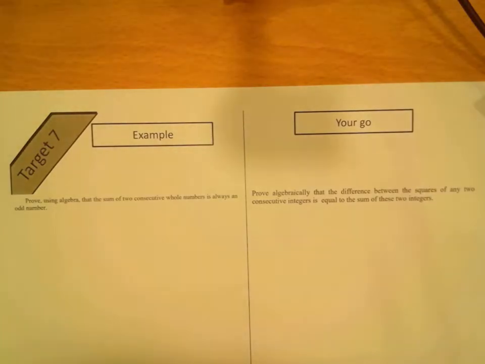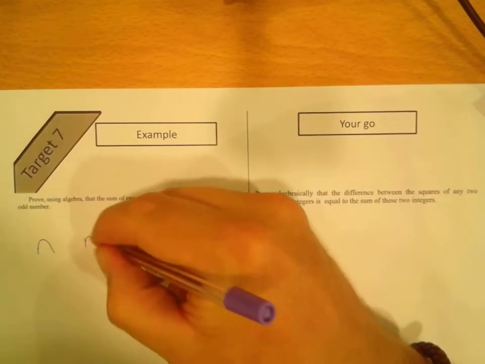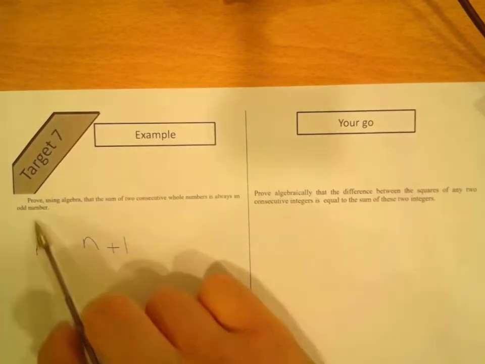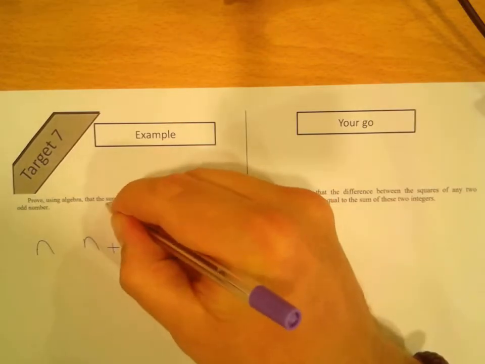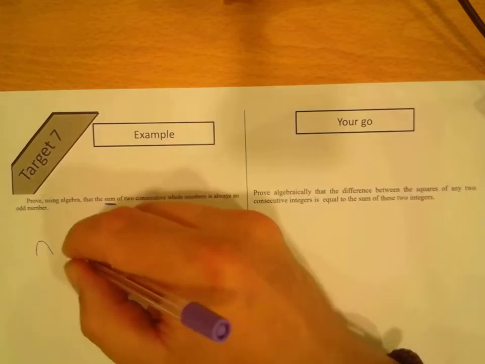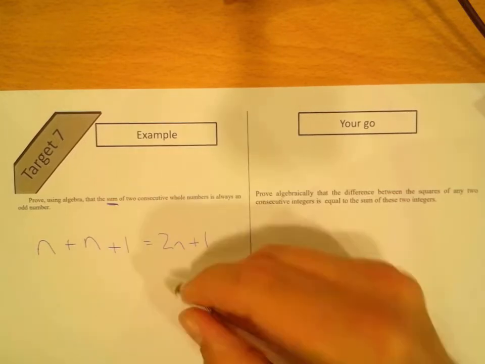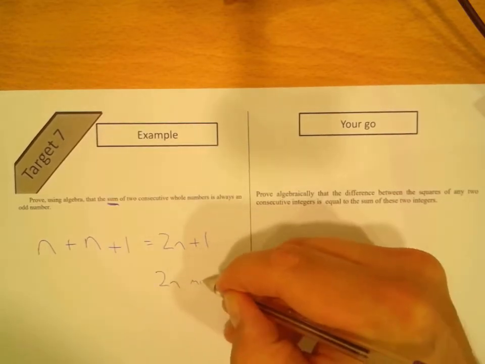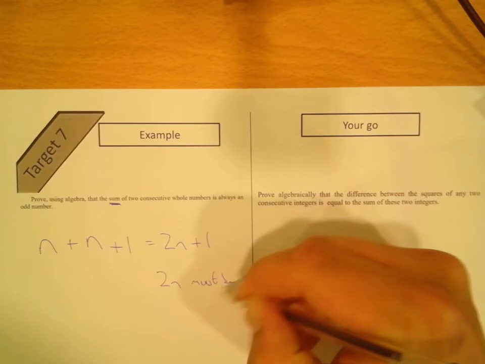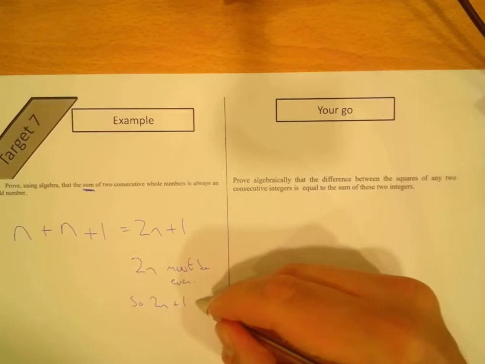So, if I take n as my first number, and then two consecutive whole numbers, so the next one must be n plus 1. So, prove using algebra that the sum, this means the two numbers added together, must always be an odd number. So, n plus n plus 1 is going to equal 2n plus 1. So 2n must be even, because it's a multiple of 2. So 2n plus 1 must be odd. If we look at the third and final one,